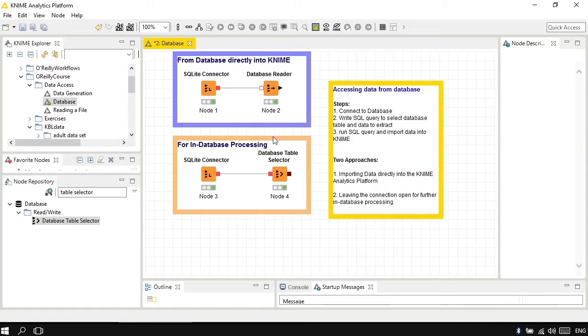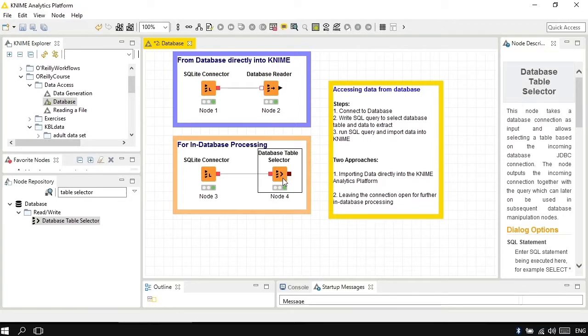So the difference between these two is only in the output data. Here I have data, here I have a SQL query. This node here is only the beginning in database processing, and we will see how to run